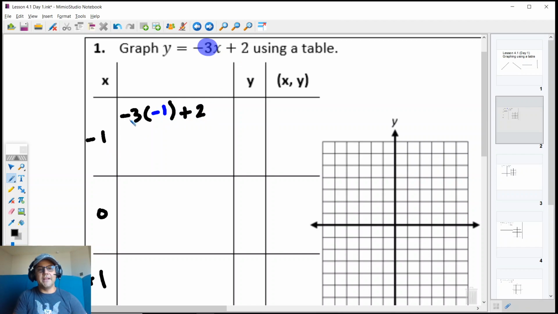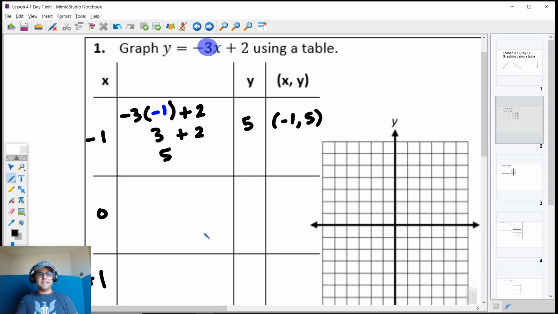So really quick, negative 3 times negative 1, well, that's just going to be 3 plus 2, and we know that 3 plus 2 is going to give me a value of 5. You can put it here as well if you'd like to, and then we just go ahead and place it over here, because we were trying to find y is equal to. So I found y is equal to 5. So that means my ordered pair is going to be negative 1 for the x and positive 5 for the y. I'm going to go ahead and complete the data table, and then I'm going to go over here and